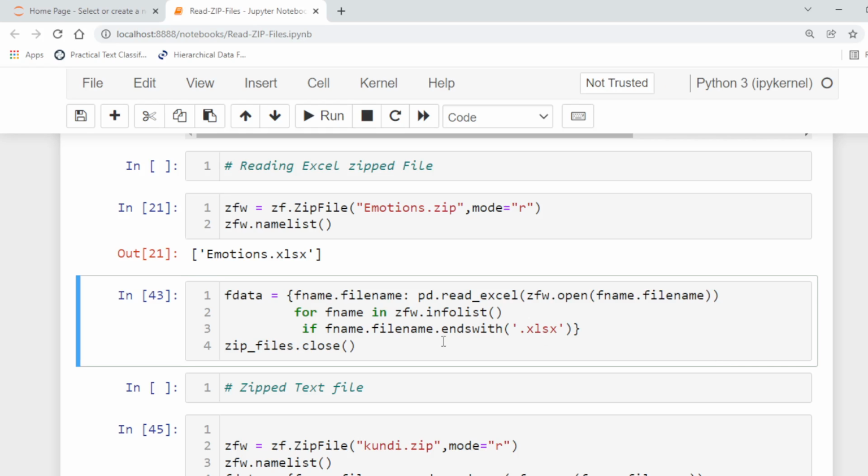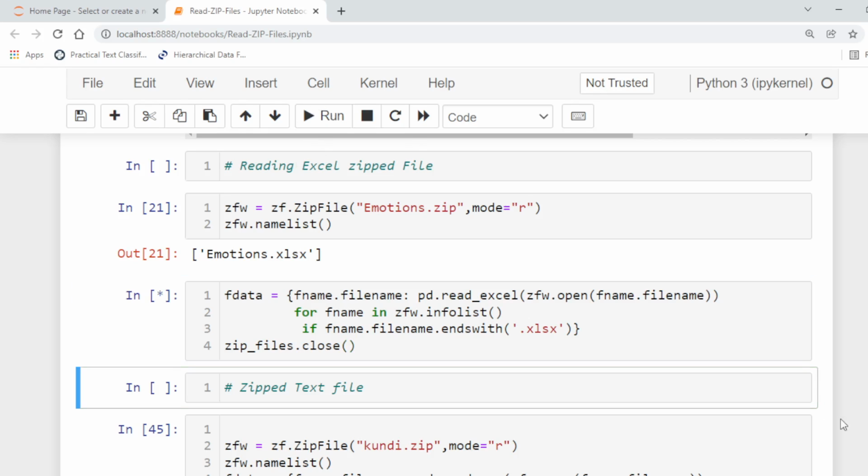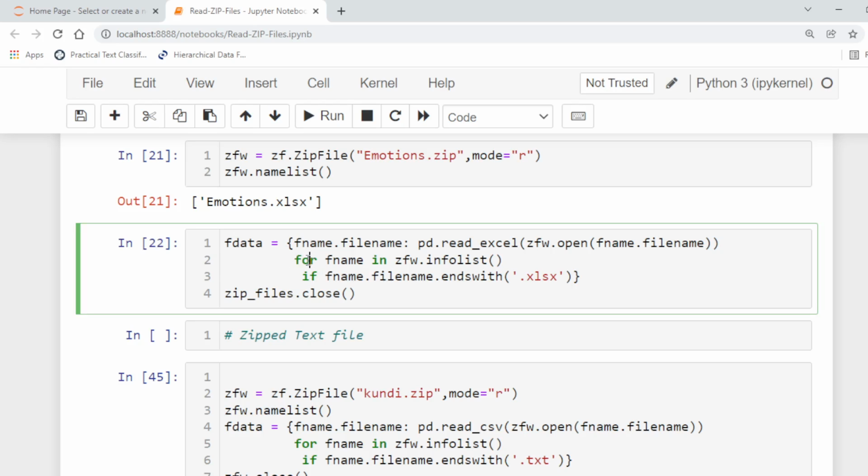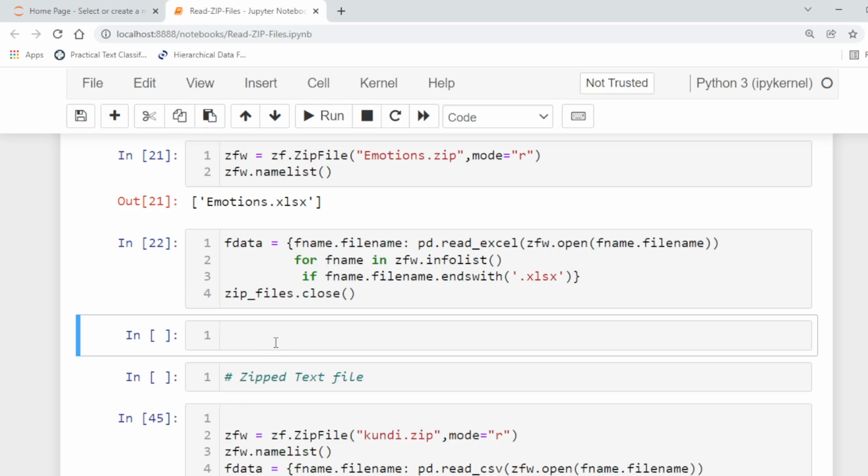So here, after running this, we are creating a Python dictionary in which the key is the name of the file and the value is the contents of that file in data frame format.